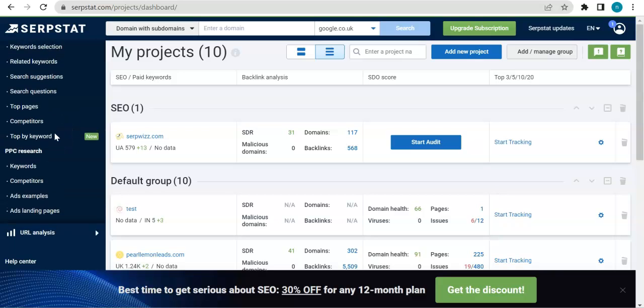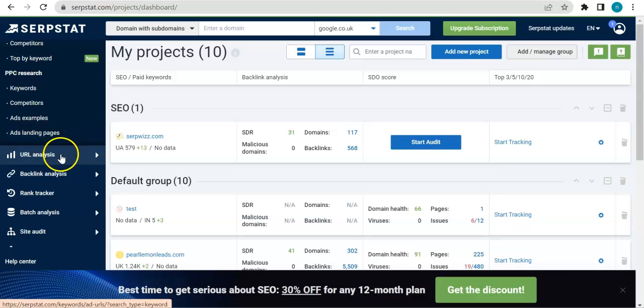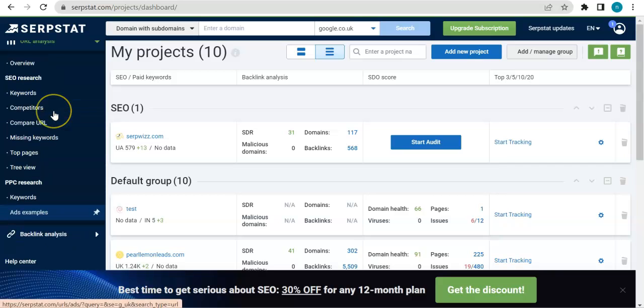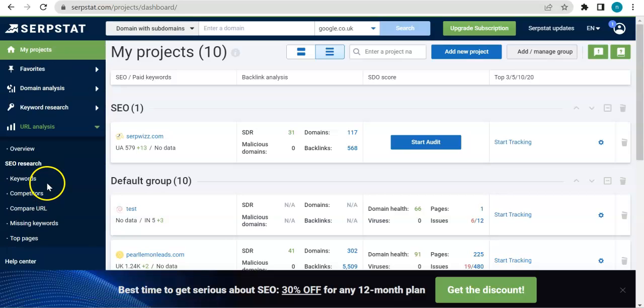So basically what I've noticed is that throughout the tools you can see repetitive features, but only because they are targeting different aspects of how you can come up with an SEO strategy that would work best for your business. So in terms of this one, it's domain analysis, keyword research, URL analysis, so different analysis on different aspects